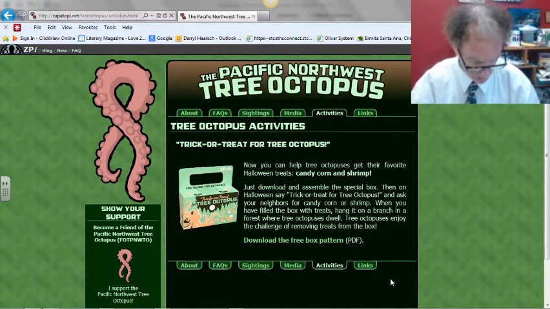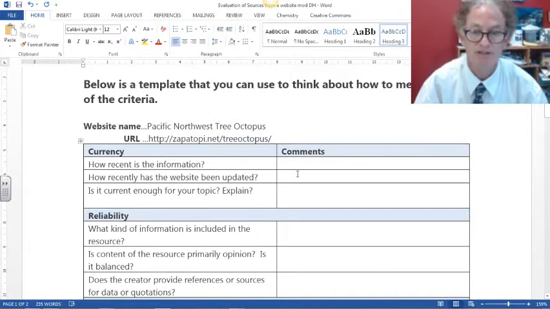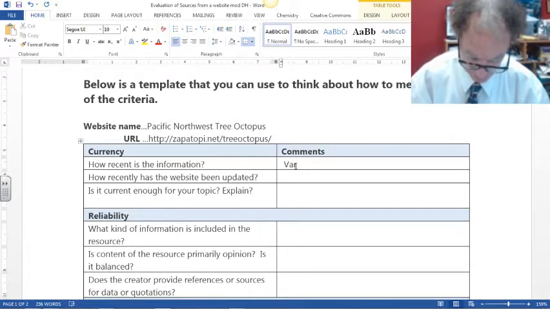So let's actually move back to the Word document to update that one and include how recent the information is. So we're going to say it varies from when some pages were,